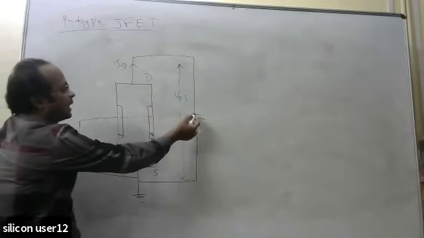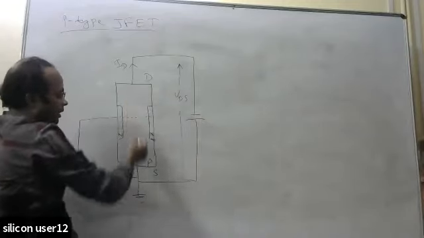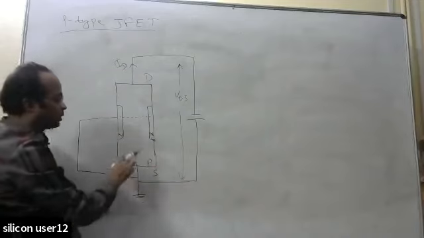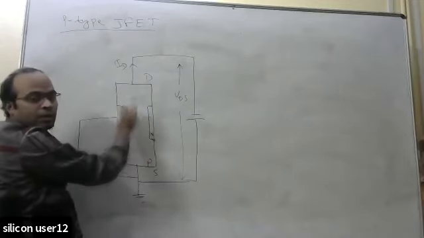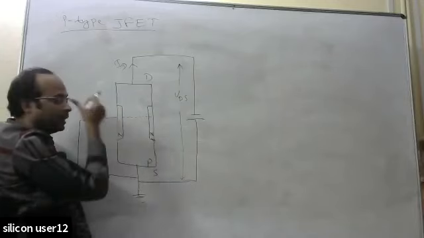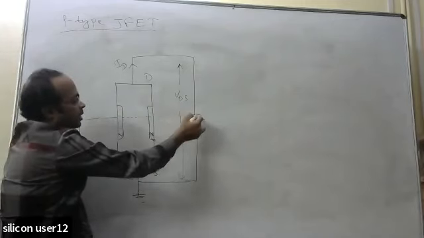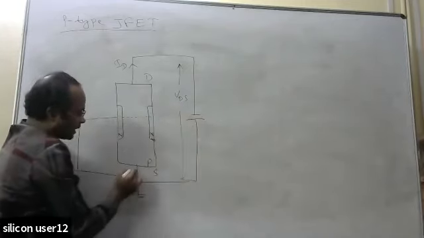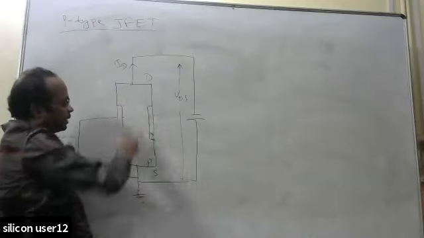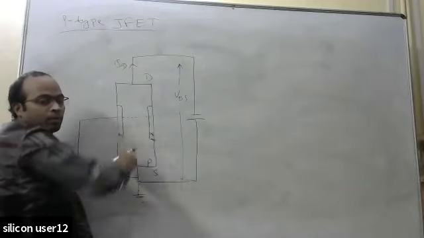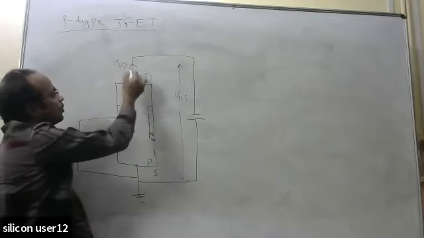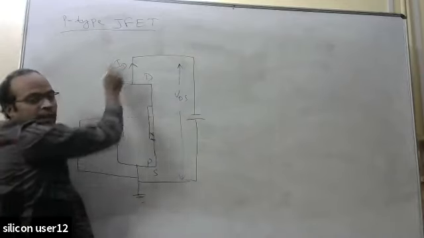You can say the electrons are coming in this direction, passing through this P-type material and reaching here. But why am I talking about holes? Because it is a P-type material, the majority carriers are holes, so the conduction will happen through the holes. When you apply the negative terminal here and the positive terminal here, this side is rich with holes. The negative side will attract the holes, so they go from bottom to top, and since holes are positive charge, the direction of hole flow is equal to the direction of current flow. So this is the ID direction.